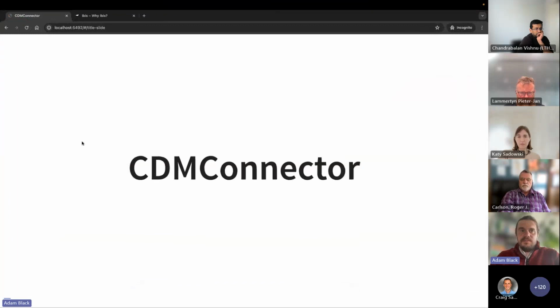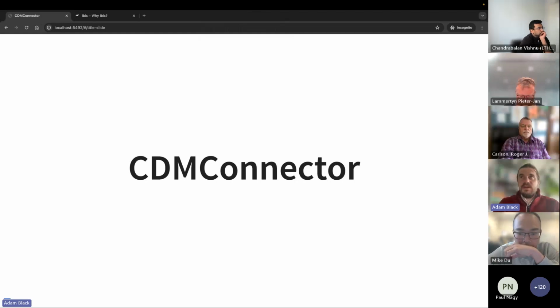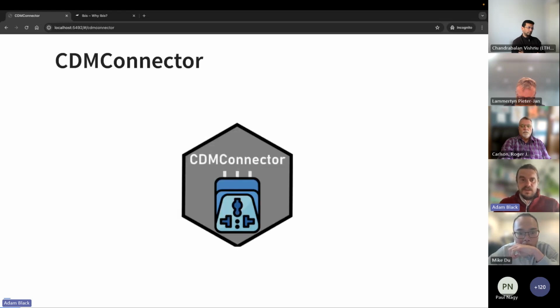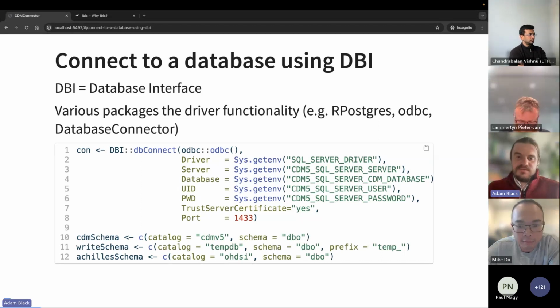So I'm going to start with talking about a tool that I worked on called the CDMConnector, and this is somewhat similar. When Georgina was giving her talk, I was thinking about this object relational mapping. I think this is kind of a similar idea in R, not for ETL, but for data analysis. So we connect to databases from R using DBI, the database interface, and you can use any driver that you want. You can use ODBC or JDBC,